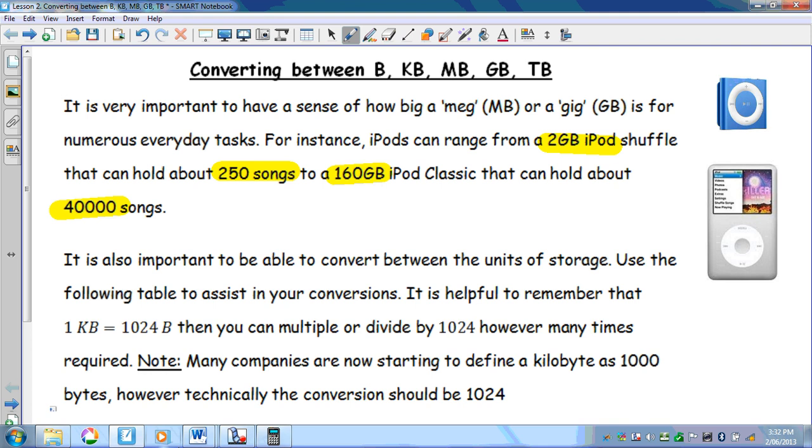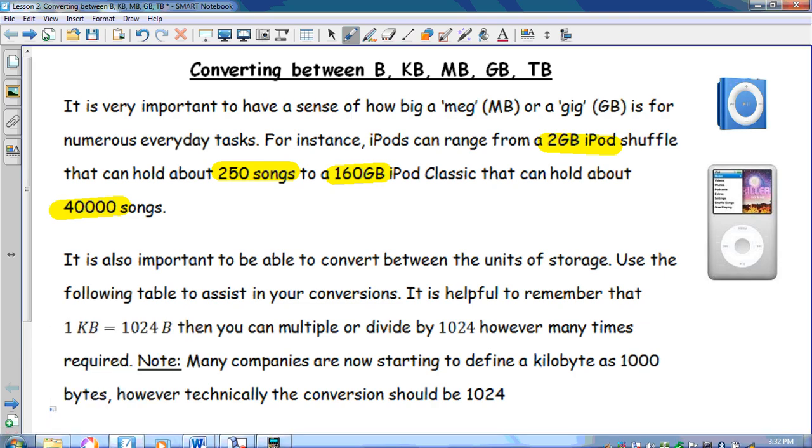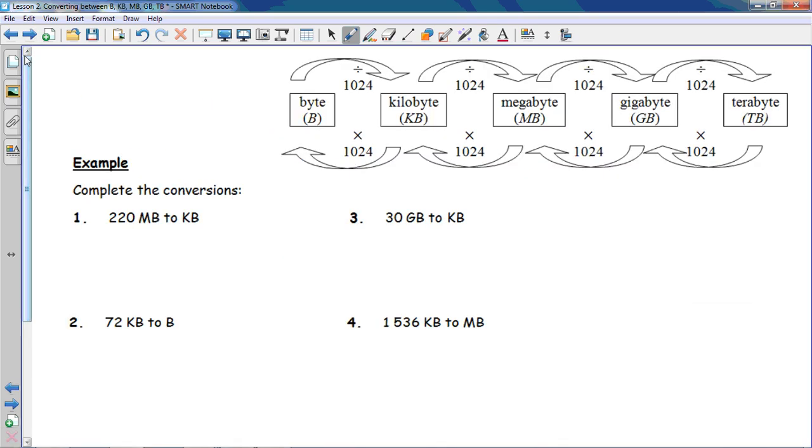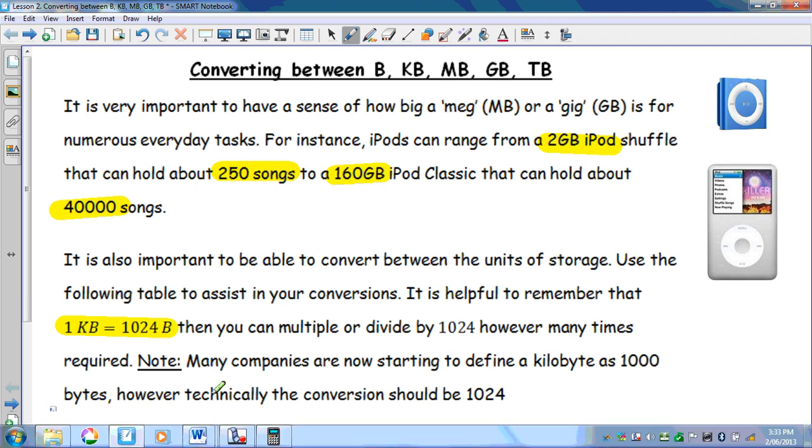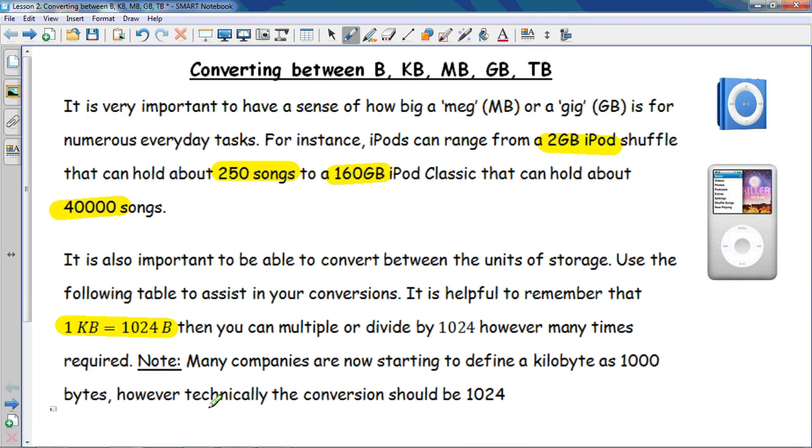But in terms of mathematically, we need to know how to convert between bytes and kilobytes and megabytes. So we have a table on this next page that shows us our conversions. But to be able to get there, remember that we did in our last lesson that 1 kilobyte is 1024 bytes. So you remember me saying that it's really important to remember that number, that 1024. That 1 kilobyte is not 1,000 bytes, but